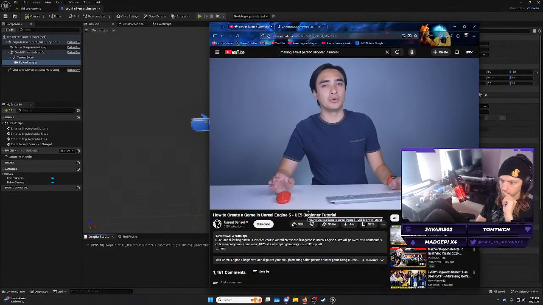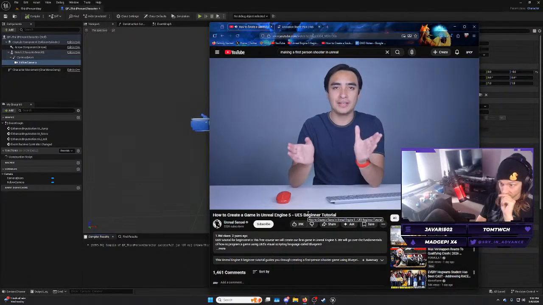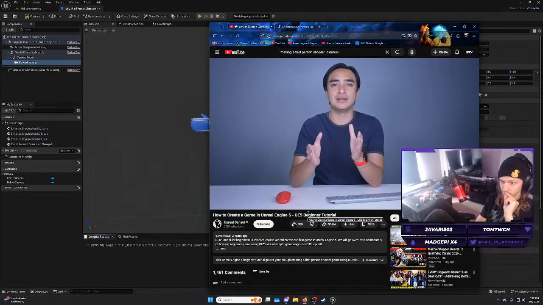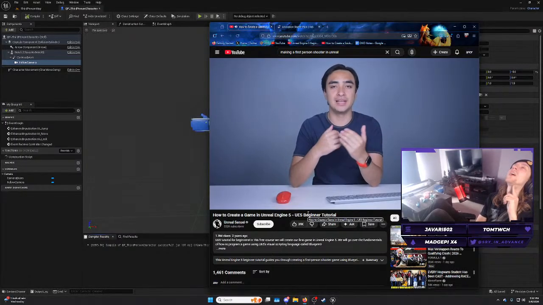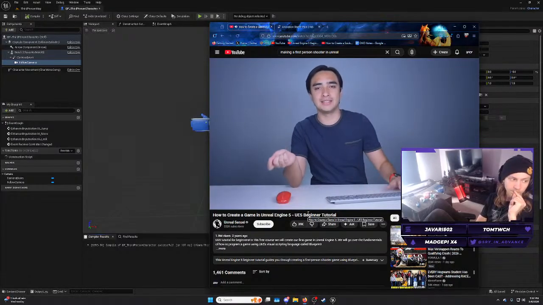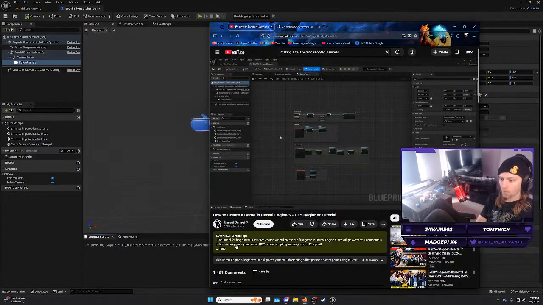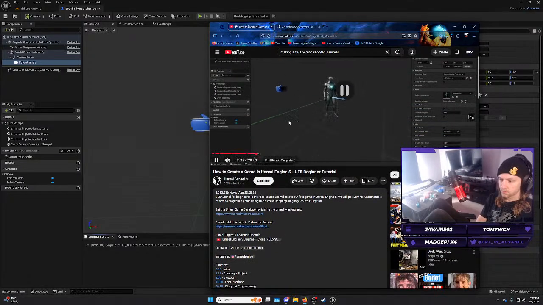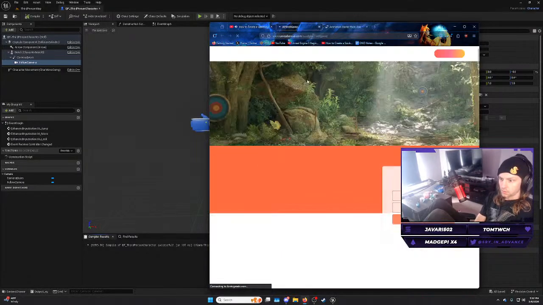Now it is time to create our first person shooter. But in order to follow along with this tutorial, you have to download some custom free assets designed for this tutorial. You can download the assets, link in the description below. Now that we know how to navigate our blueprint editor,